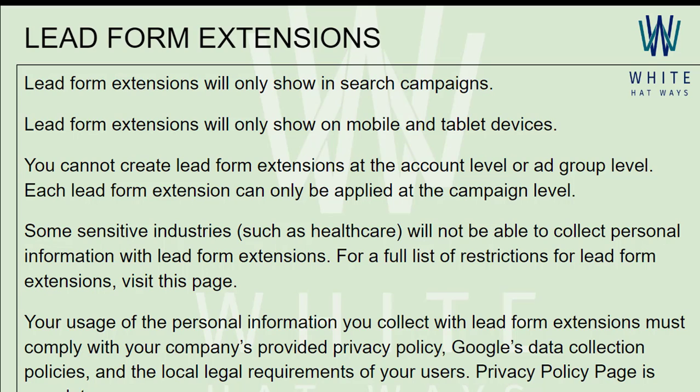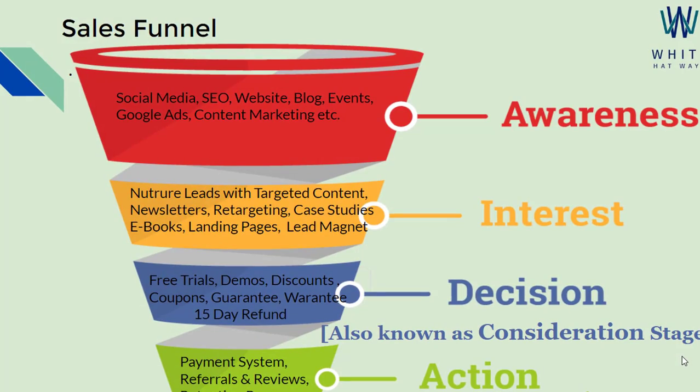So let's understand leads first through the sales funnel. As you can see in the sales funnel, it starts with awareness, interest, decision, and then the final action, which is the action of getting converted. So our leads are primarily in the interest stage. Why are they in the interest stage? Since they have already shown awareness, since they have already filled up the lead form, we are presuming that our leads are already in the interest stage.